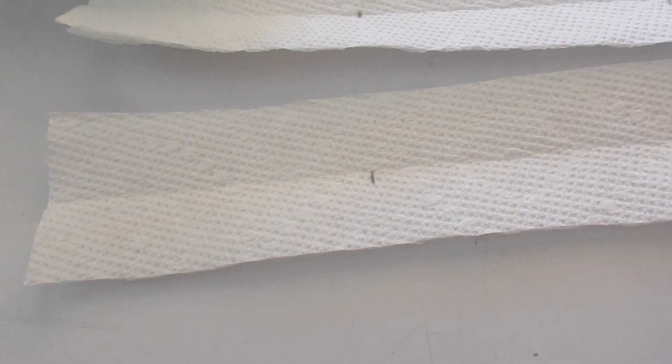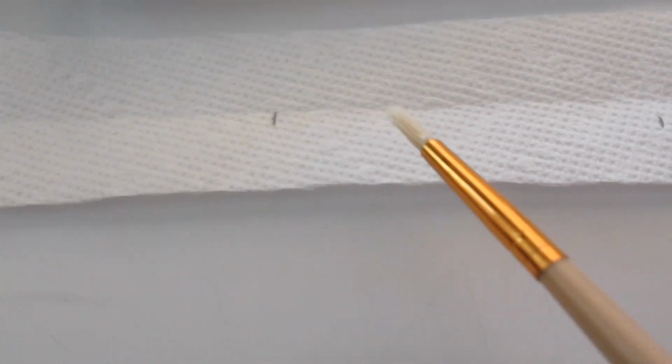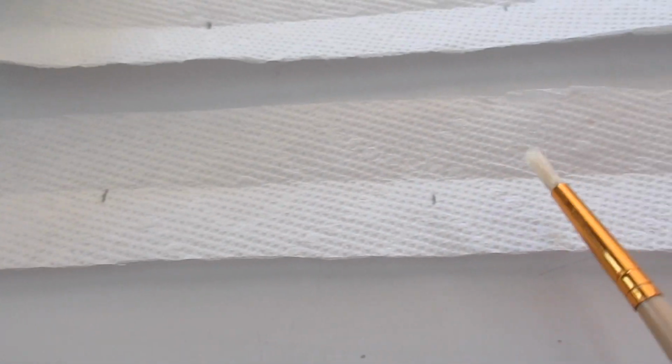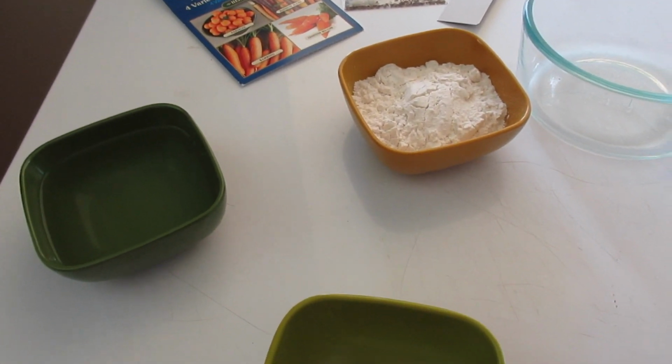And then I'm using paper towels. You could use toilet paper, you could use much longer strips of paper towels. I don't really buy paper towels much, so the ones that I had had a strip of color in the middle. So these are the strips that I'm using for this first experiment. And then I've got these marked at 3 inches, which is really about how far apart you want carrots once they're thinned. So I'm going to get these two mixed up, and then I'm going to come back and show you